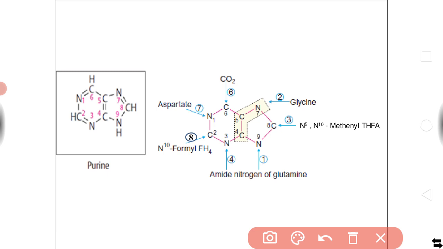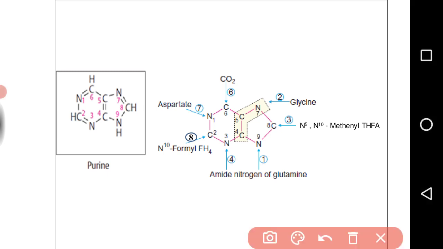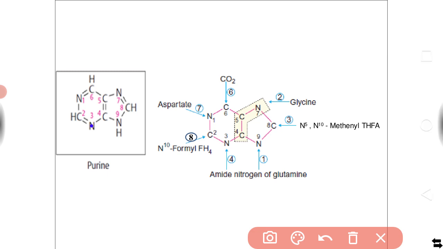So once the atoms of the imidazole ring are synthesized, next the atoms of the first ring of purine are synthesized, in which the first formed atom is N3. Here in the first ring, the synthesis happens in the anti-clockwise direction. Therefore, the next atom that is formed is C6, then N1, then C2, and finally closure of the first ring. So there are 9 atoms in a purine ring and there are 9 steps in purine synthesis.